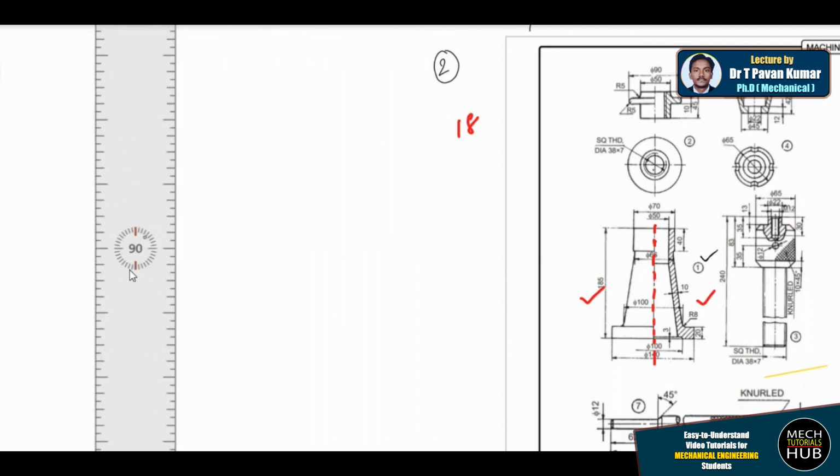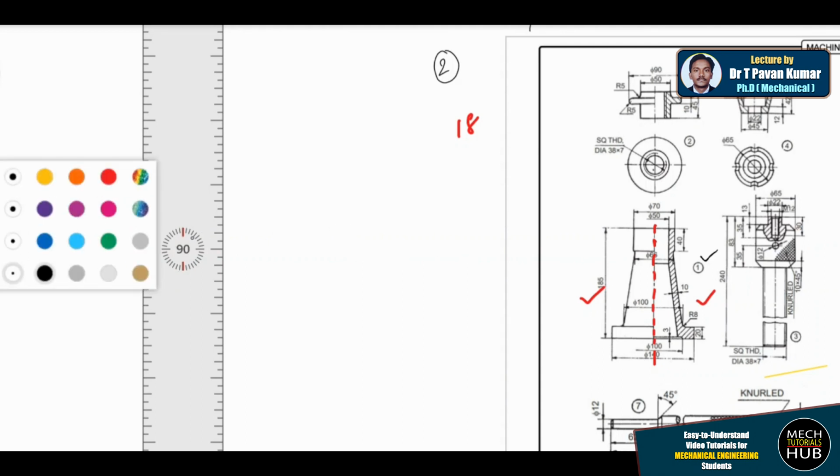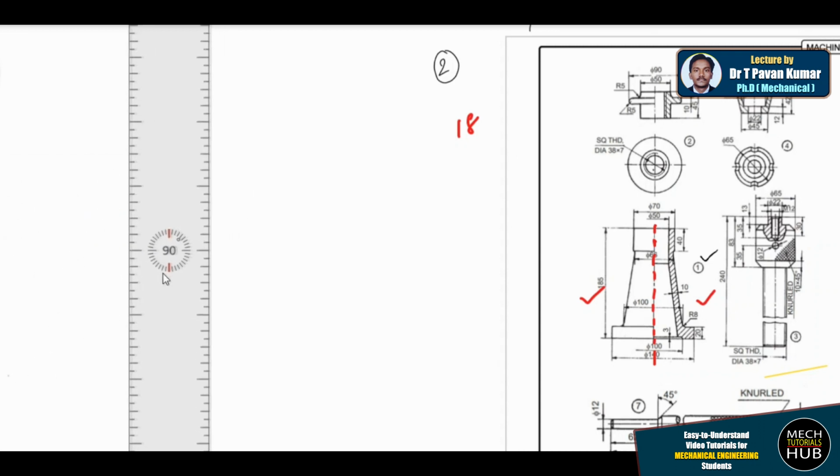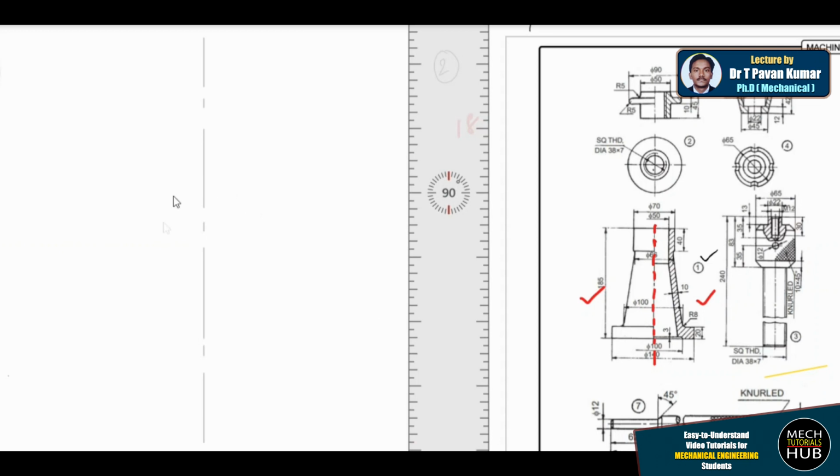So what I'm trying to do is draw the complete construction with the help of a 2H pencil. A light one I'm going to take. Now here let me draw a vertical axis line which will lead you to draw other views. In this particular vertical, I'm going to place part number 1. So where to place? Do I need to start here? Do I need to start here? That estimation you should have.